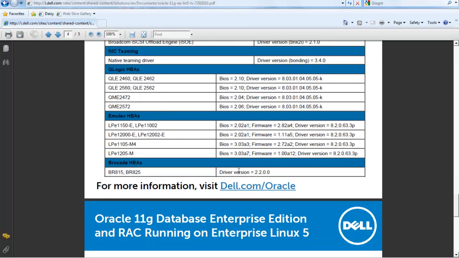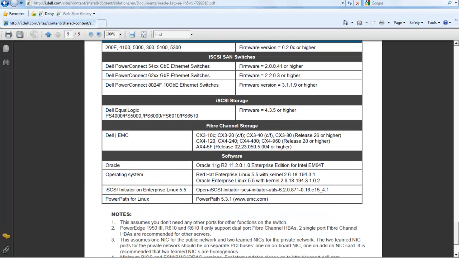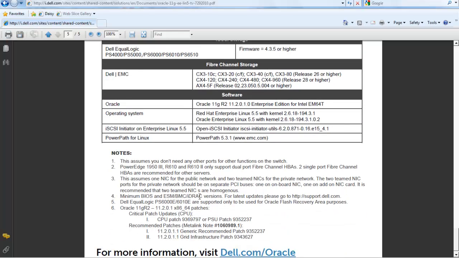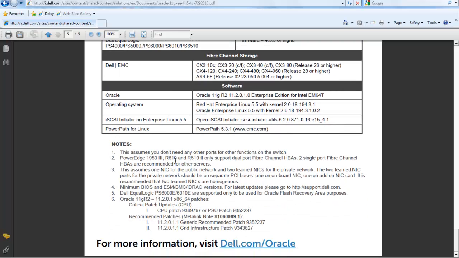We also talk a little bit about HBAs and the BIOS and the firmware. And also we talk about the Oracle configurations that have been tested and validated here. It's important to note that there will be several footnotes which you'll have to take a look at to make sure that you adhere to all of the minimal configurations, as well as the CPU, which is critical patch updates